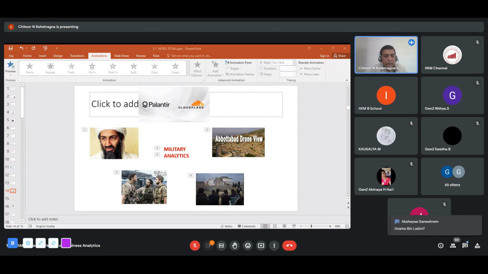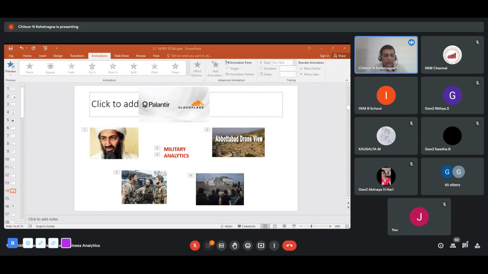Okay. So what this company, Palantir Technologies, does is, as I said, it's a 4 billion, 5 billion revenue company. They do only two things: fraud analytics and defense analytics. So what they did is they found the exact collaterals in terms of where this man was hiding in Pakistan, in a place called Abbottabad. They gave the exact locale to the Navy SEALs, and then the Navy SEALs went early in the morning and finished him off. That's exactly how the building was after the Navy SEALs killed Osama bin Laden. So this is defense analytics.